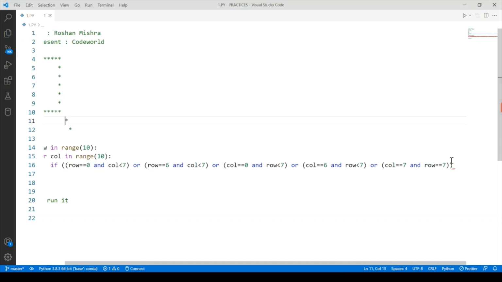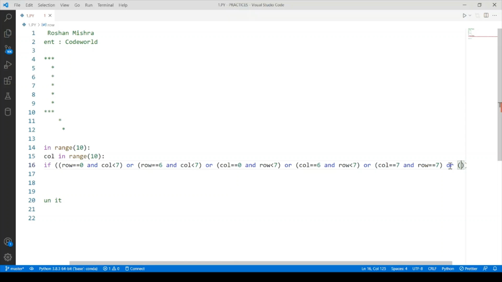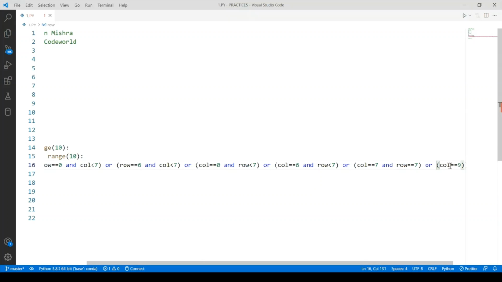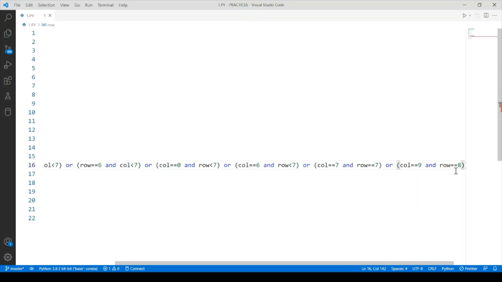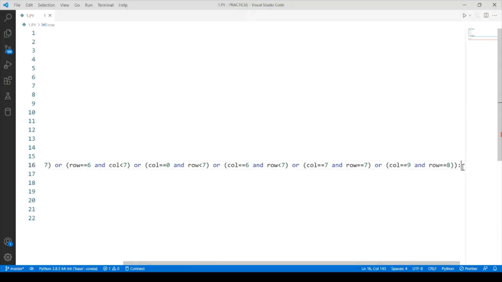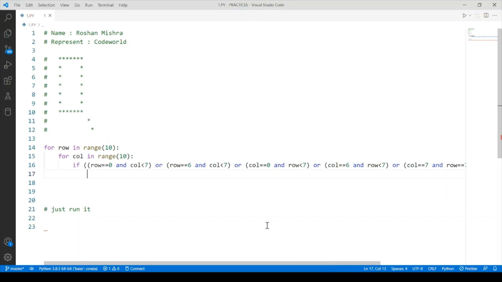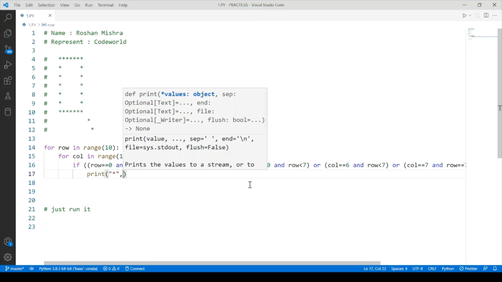And we want one more star, so here, or if column equals to 9 and row equals to 8, then print star. If this condition is true, then print asterisk or star in a single line,